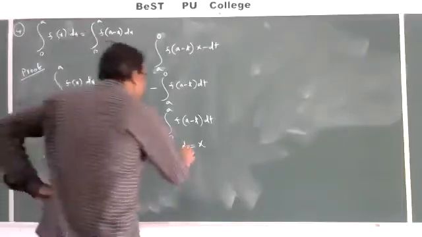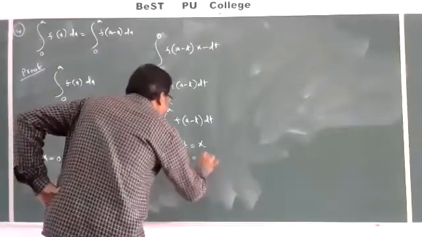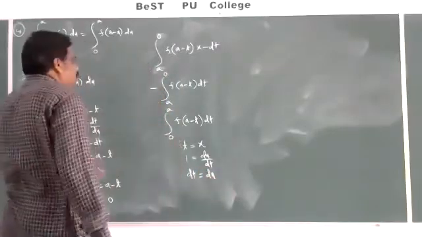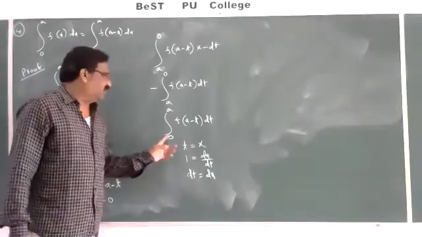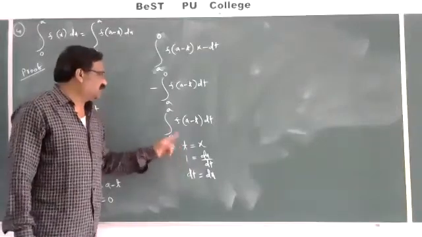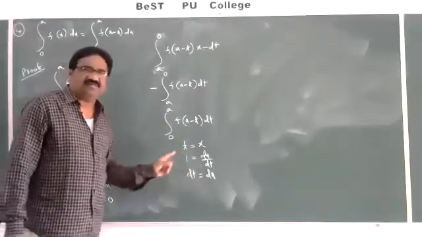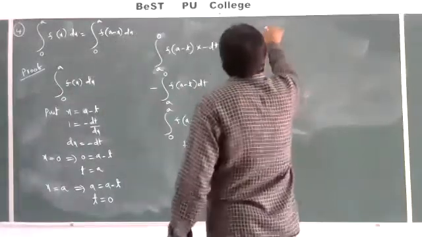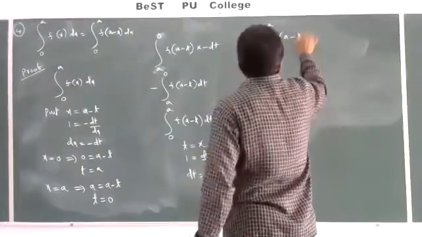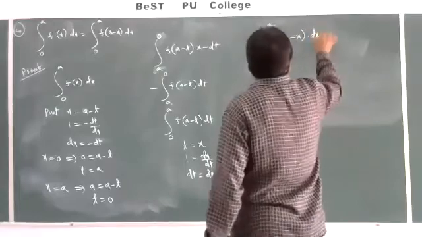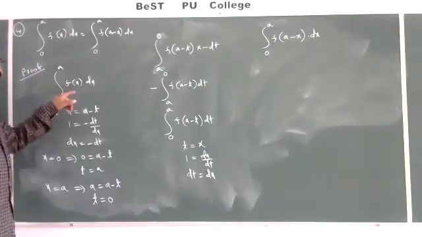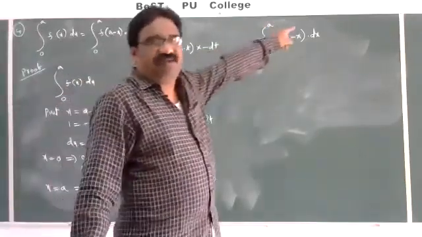So that is t to x: derivative of t is 1 is equal to dx by dt, that is dt is equal to dx. So the limits should not change. If you substitute t is equal to 0 here, you get x is equal to 0. If you substitute t is equal to a here, you get x is equal to a. So the limits are the same. That is integral 0 to a f of a minus x dx. That's enough. We started from integral 0 to a f of x dx and we get integral 0 to a f of a minus x dx.